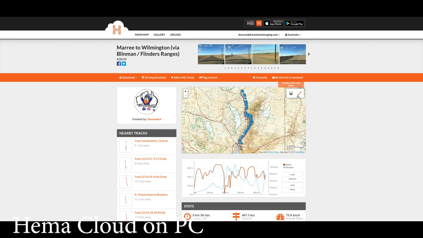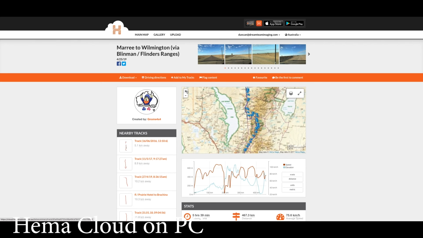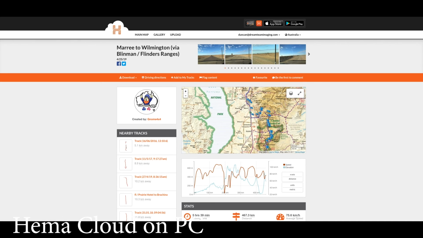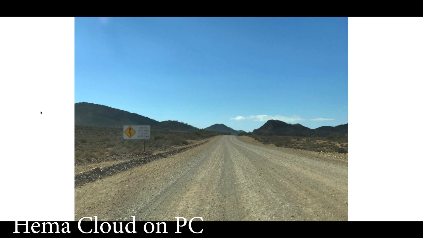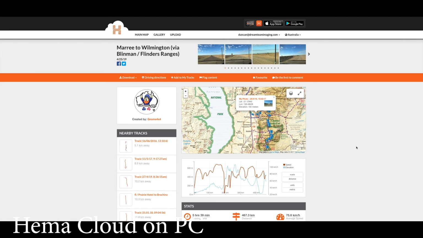So for instance, now let's just make this a little bit bigger. There you go. So each waypoint, if I clicked on it, it'll give me whatever information that he captured and a picture that he or she has attached to this waypoint, as you can see there. So if I clicked on that, the picture appears, and that also helps me a great deal in terms of pre-planning. Or scroll to the top here and all the pictures this person attached to each and every single waypoint